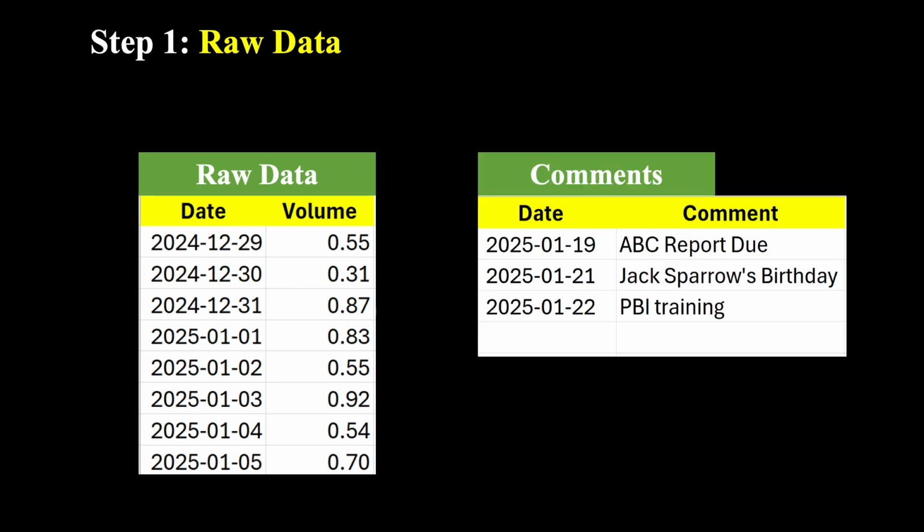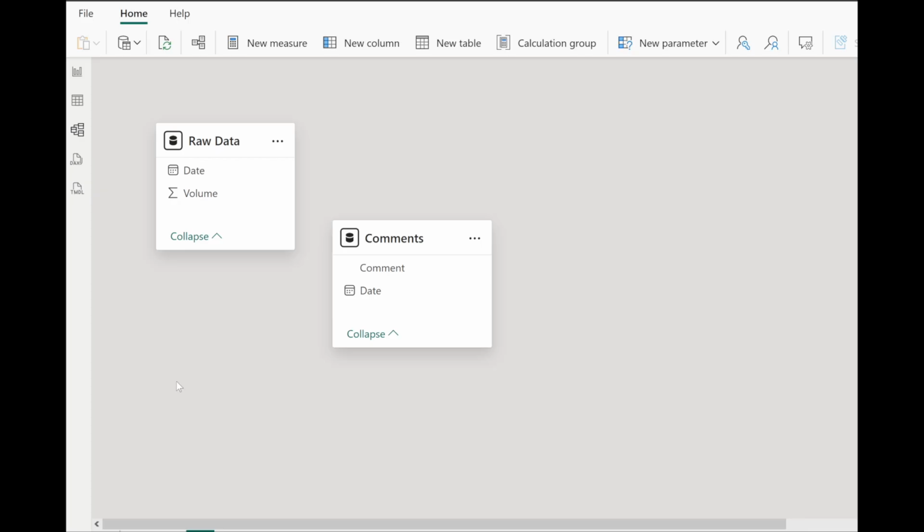The first step is to set up the data. We have the raw data table that has the date and volume. We also have another comments table that has comments by date. The very first step is to connect those two tables with date column being the unique identifier. Once you have connected the two tables individually, then in Power BI, go to Model View,